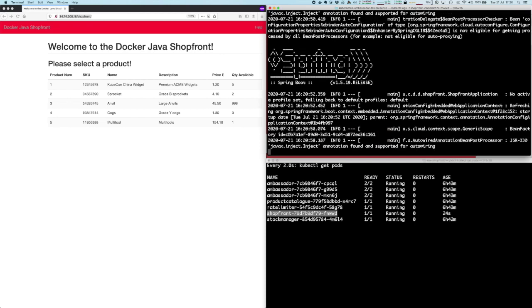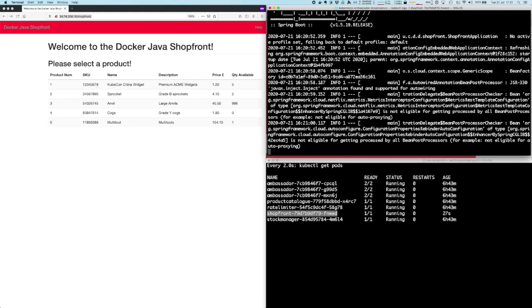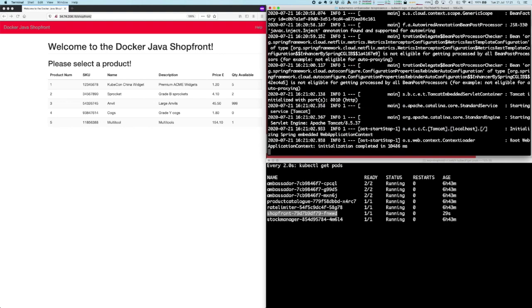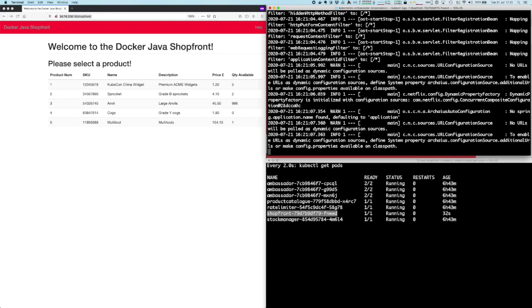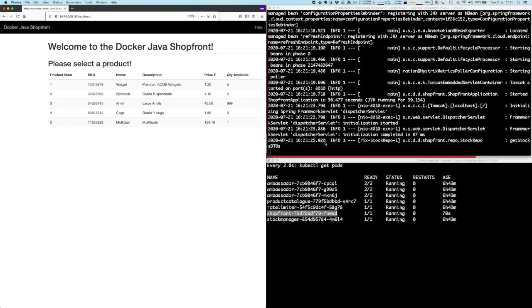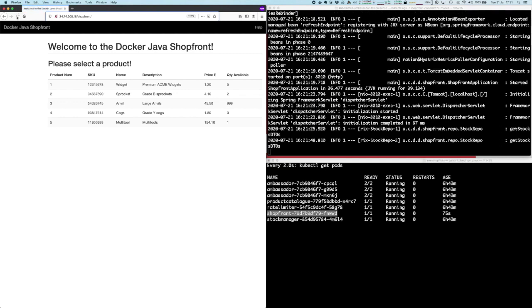When this eventually starts, we can refresh this page and the traffic is no longer being routed to my local machine. We've exited Telepresence and everything is back to normal. Now that the Java app has spun up and is accepting traffic, if I refresh on the side, we're back to square one, back to where we were. Now the shopfront service itself is running in the remote cluster. I've lost my connection to that remote cluster via Telepresence. Let's pop back into the presentation and finish up there.